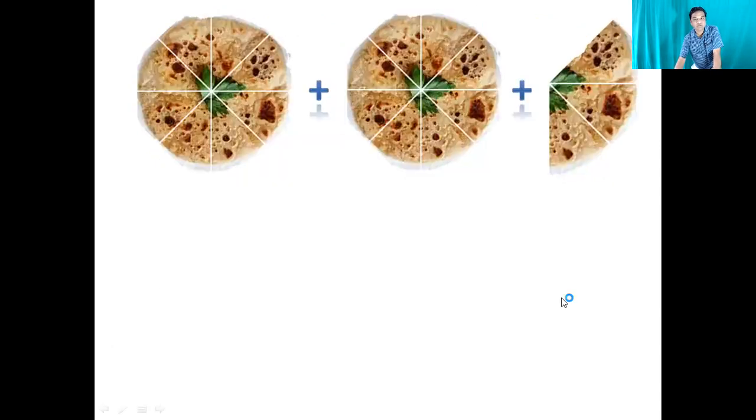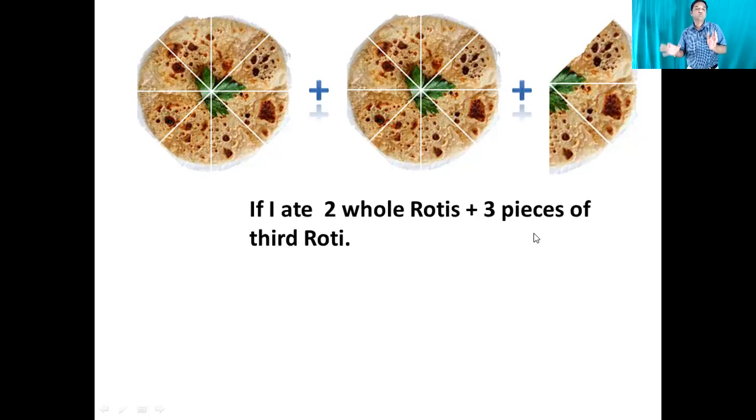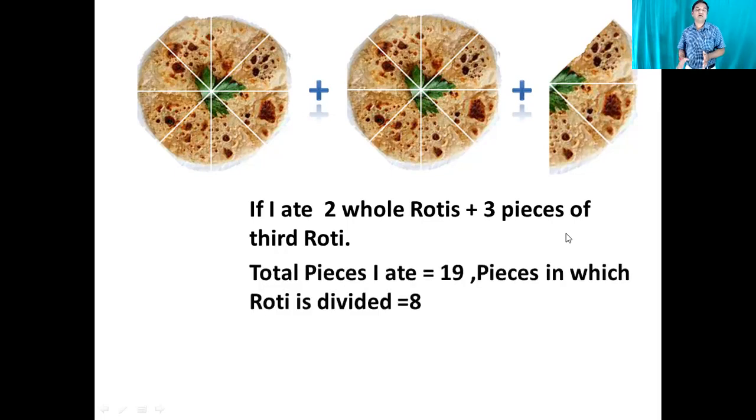Okay, now we will see what is meant by improper fraction and what is meant by mixed fraction. Now I have taken one roti which is divided into eight equal parts. I have taken a second roti also which is divided into 8 parts. Now I'm very hungry. Even after eating two rotis which are divided into 8 equal parts, I have taken 3 parts from the third roti. Now, in all, how much roti have I eaten? Well, we can see that I have taken two whole rotis and 3 pieces from the third. And I can say that I have actually eaten 19 parts